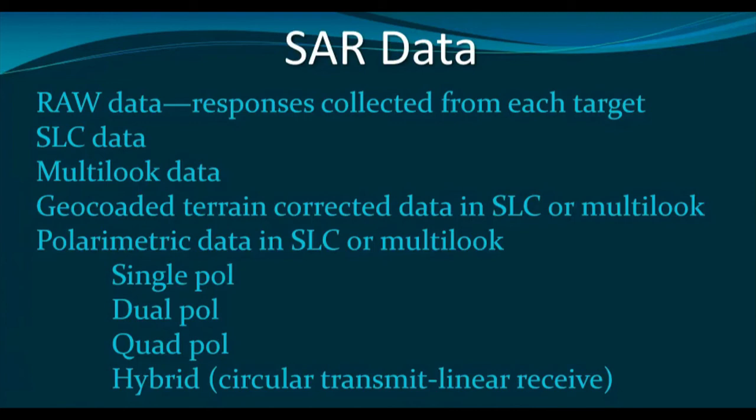However, while receiving, it receives linear polarization. So, how does it happen? Let us try to understand. So, the energy, for example, in case of circular polarization, RISAT 1 actually uses right circular polarization. So, the energy is being thrown like this.